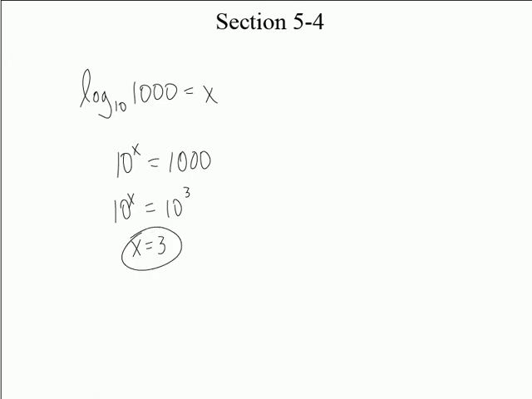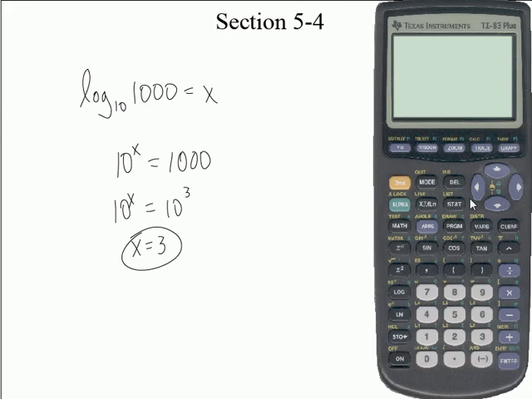If you wanted to do this on the calculator, use that change of base theorem, which we skipped ahead to a little bit, had reasons for that, but let's just see if this works on the calculator. Remember how to do this with the change of base theorem? Log of what? 1,000. So we hit the log button, then we hit 1,000, and then we divide it by